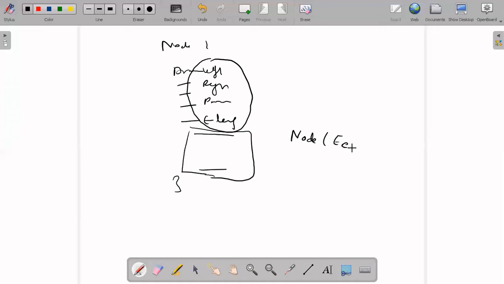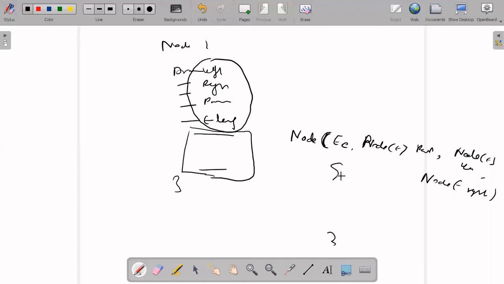I'll pass element, Node e parent, Node e left, Node e right, and here I'll just initialize it.